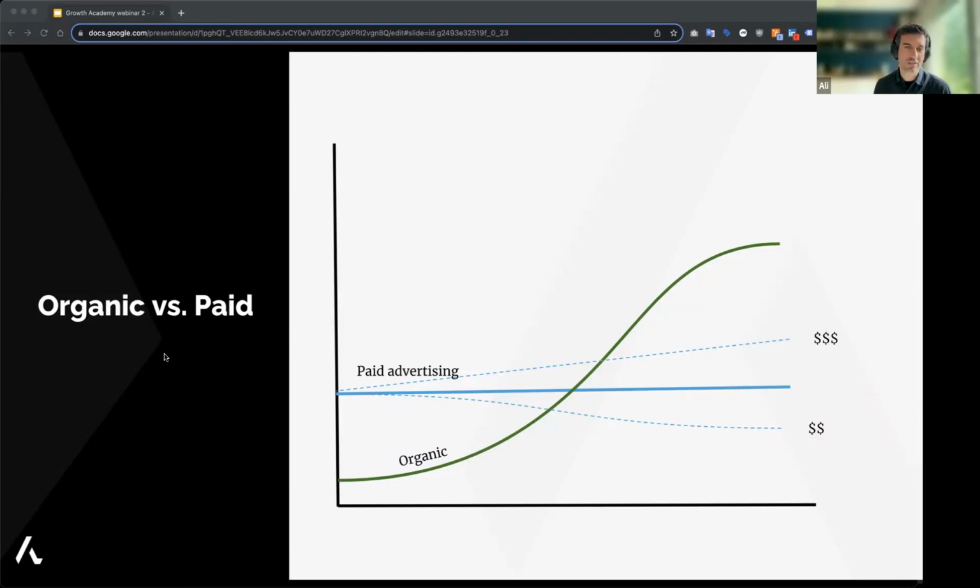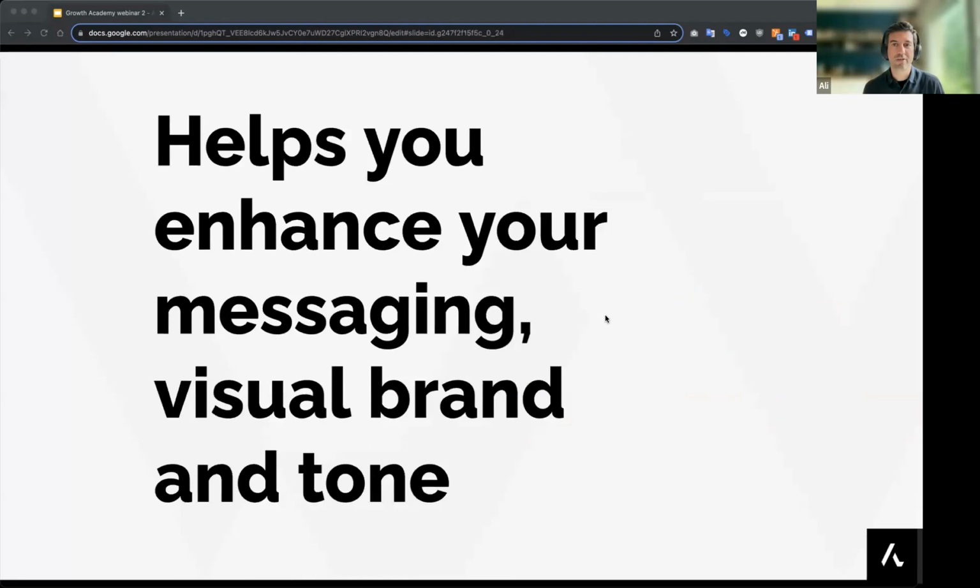And of course, after organic catches up, you can still continue using paid with an increased or decreased budget, and support your organic traffic. Okay, of course, increasing visibility is one thing, but then what you are communicating to your customers through that organic increased visibility is another thing, and that's something maybe Konsta would like to tell.